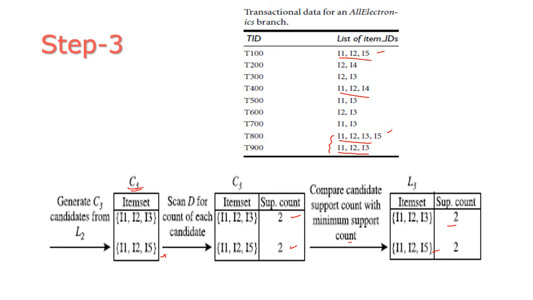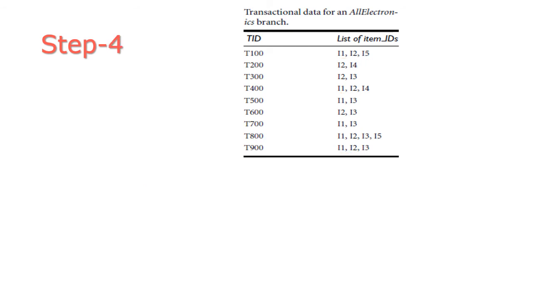In step 3 we have to select the 3 items that will be purchased together. Now we need to find the 4 item set from level 3, right? As per our list we have only one 4 item set. So this is less than the support level 2, so we can stop our scanning.